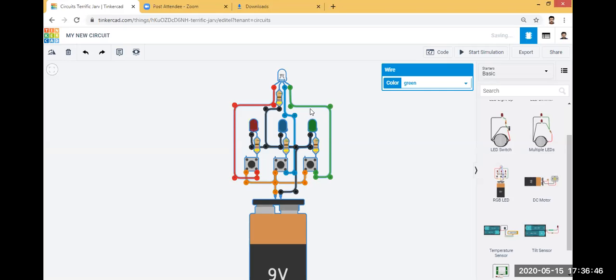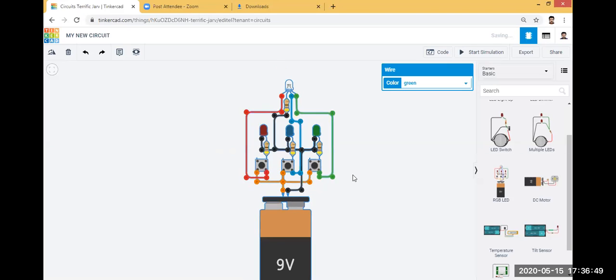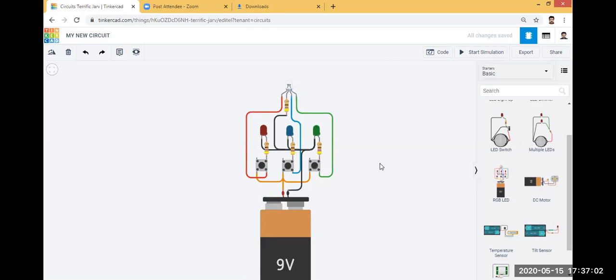So this is another LED. RGB LED is a red, blue, green LED. This RGB LED combines three colors to produce over 16 million hues of light. That is the speciality of this RGB LED.